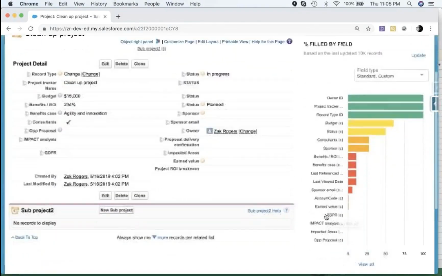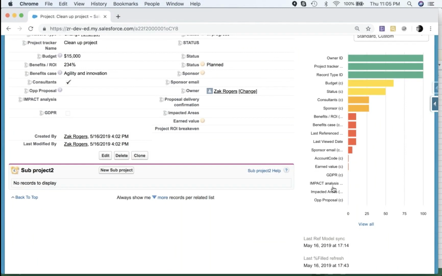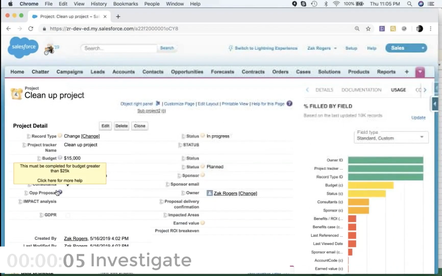So we go to usage. If we look down here, say op proposal as an example, a custom field, we can see it's got a C and it has no data. So let's have a look at op proposal. I click on that icon,